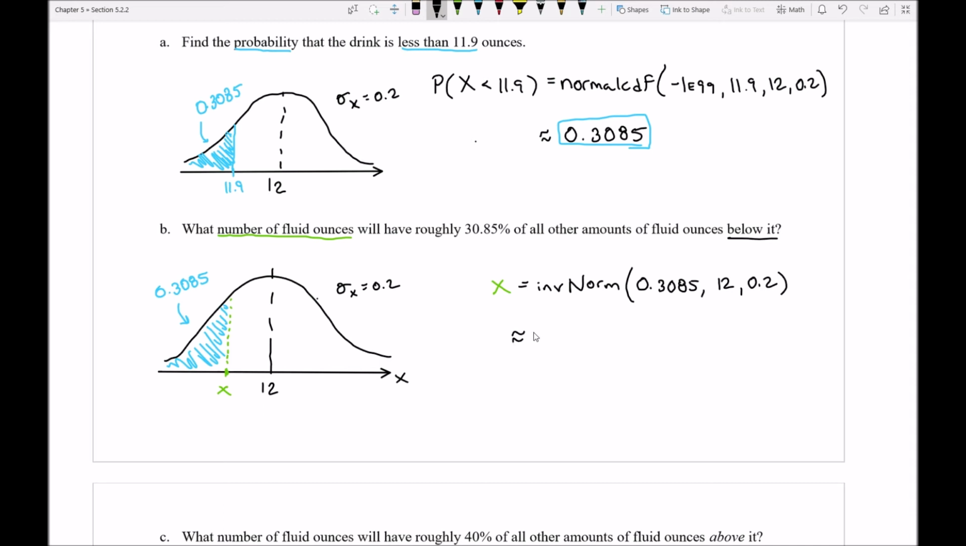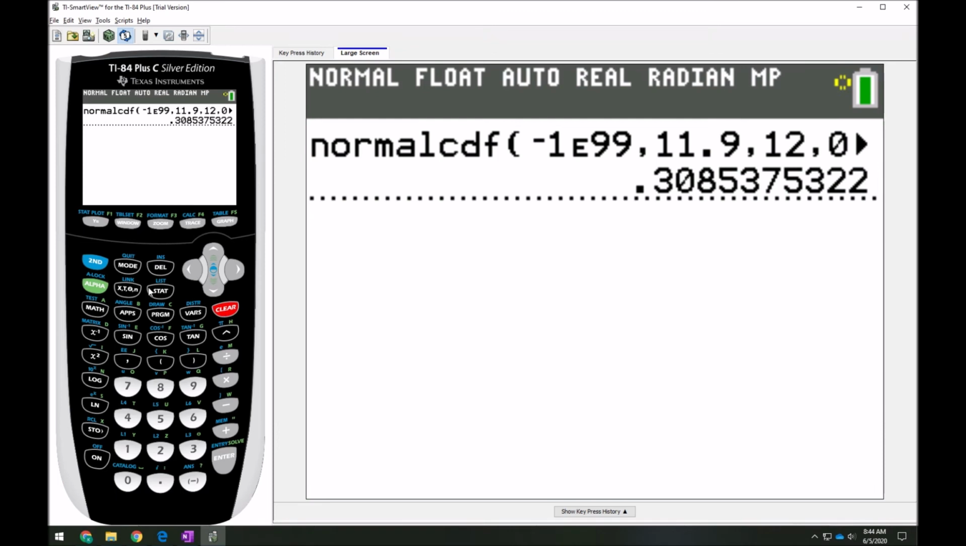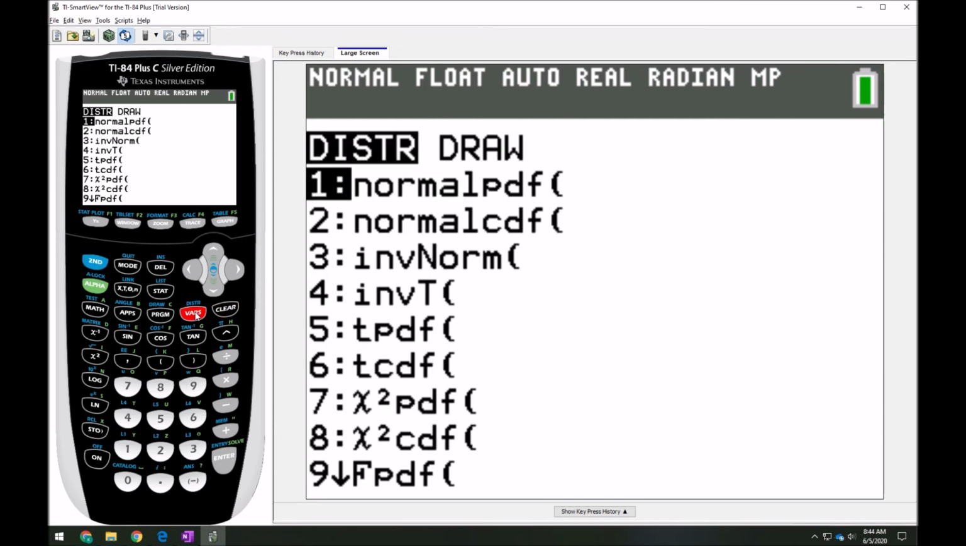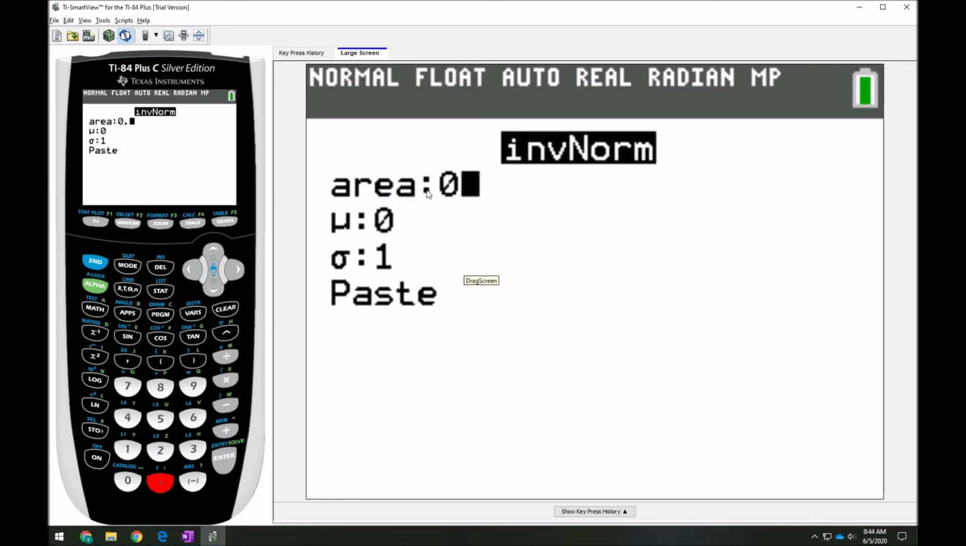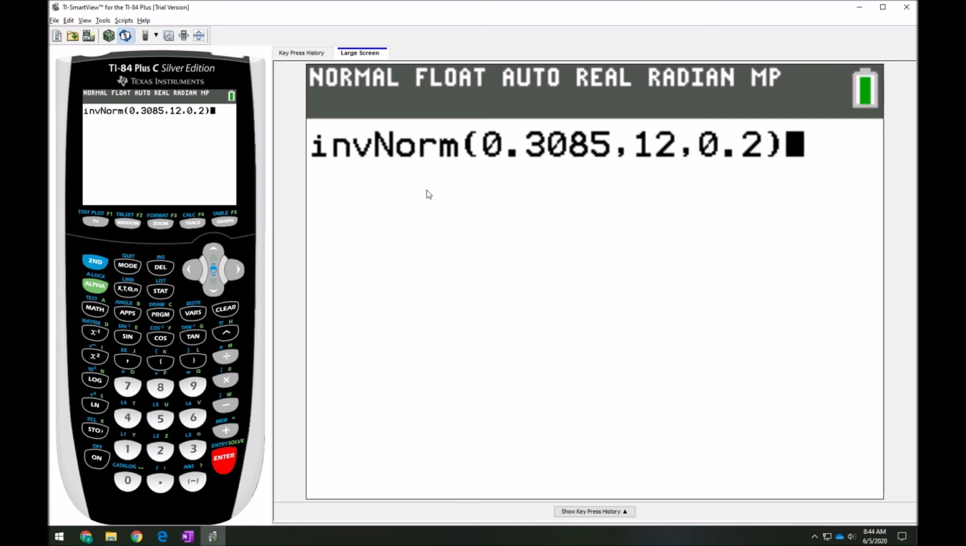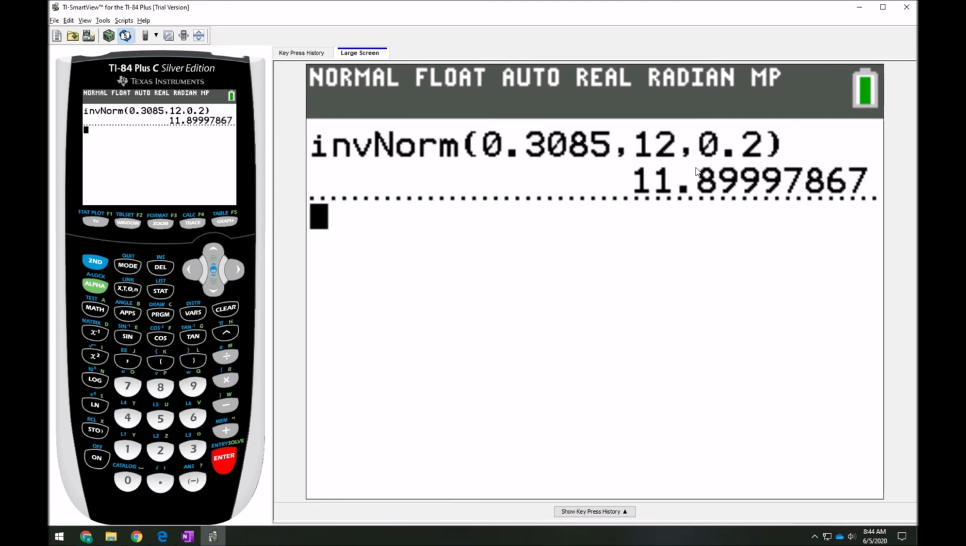Notice that if I go to my calculator now and I try to actually evaluate this, I can see that I'm going to click second and the vars button again. Option number 3 should have inverse normal. And notice it's going to ask area to the left, so 0.3085. The mean was 12 and the standard deviation was 0.2. This is what I have written down on the page. It's also what I'm typing in. And notice that I get